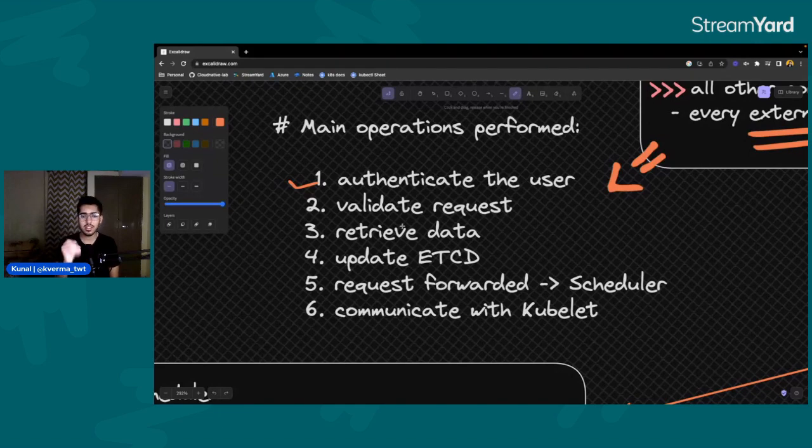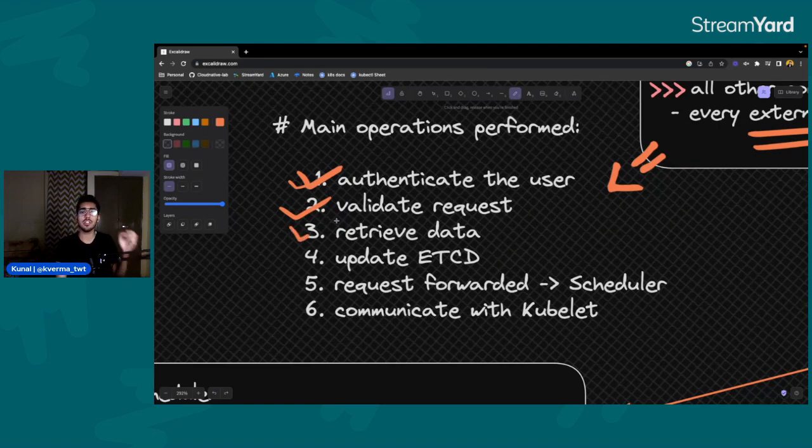This is authentication. Authorization or validation means, does that particular user have the required permissions needed to perform the operation? Does it have sufficient permissions? So authentication means, is it the right user who's trying to access your cluster? And authorization or validation means, does the user have the necessary permissions to perform a certain action or a certain task in your entire cluster? So first it will authenticate the user. Next it will validate the request. It would see what you are requesting, and according to that, does the user even have the permission to make that kind of request? That the API server will decide.